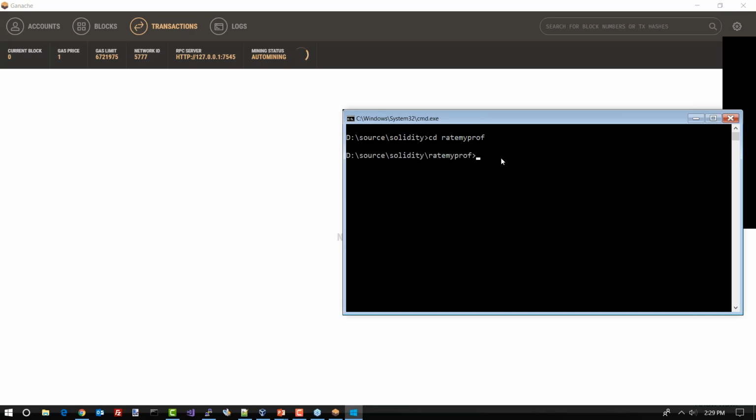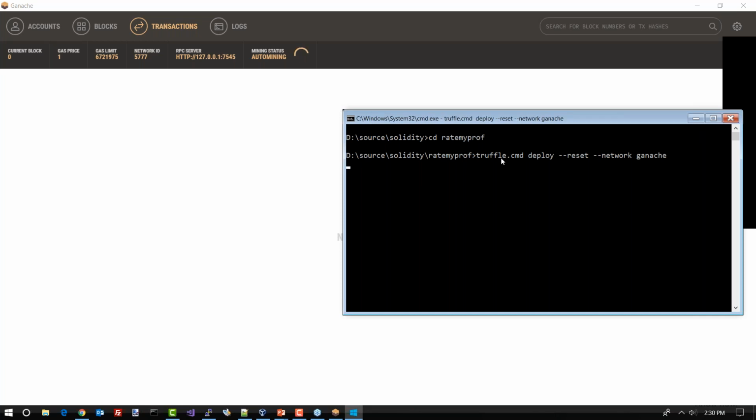But with this in mind, I can deploy the contract to this particular blockchain using Truffle, which I mentioned earlier. Truffle is the command line utility that allows me to deploy a blockchain. Now I'm going to specify a reset, because I want to reset it just in case I have any residual data. And then I'm going to specify the network that I'm going to be deploying it to. So I've got a network defined as Ganache, which is the nickname that I gave the development blockchain here. So if I run this, it should